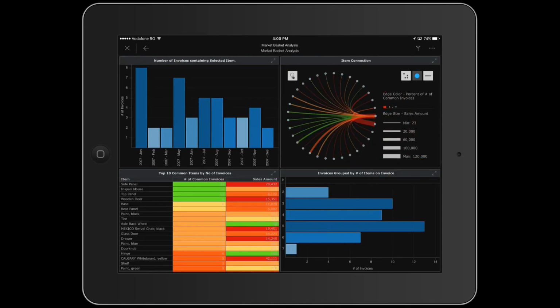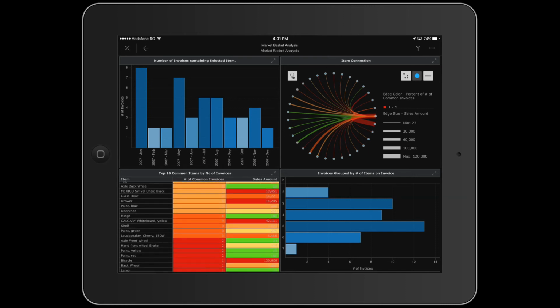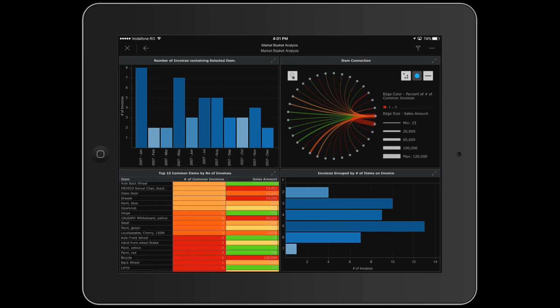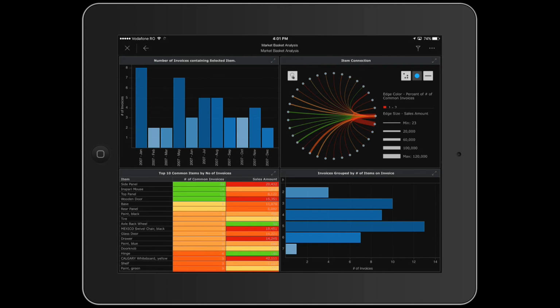In the bottom left, I see the same information as in the top right, except it's in a grid right now, if I want to export that. And finally, to the bottom right of the screen, I'm able to see the number of items that appeared on common invoices together with my selected item, with spokes. So for example, one thing I see is that there were 13 invoices that contained my item and 4 more other items. This is an interesting